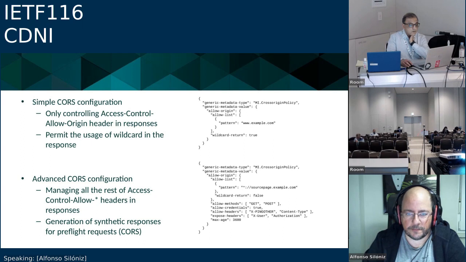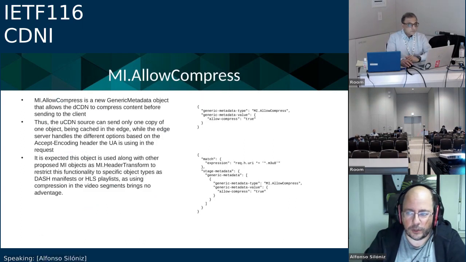The second object is the MI allow compress. This object is defined with the idea that when a client is using the accept encoding header in the request, saying that it's able to receive compressed objects with gzip or any other algorithm. In a typical use case, the downstream CDN should go to the origin, including the accept encoding, and should receive